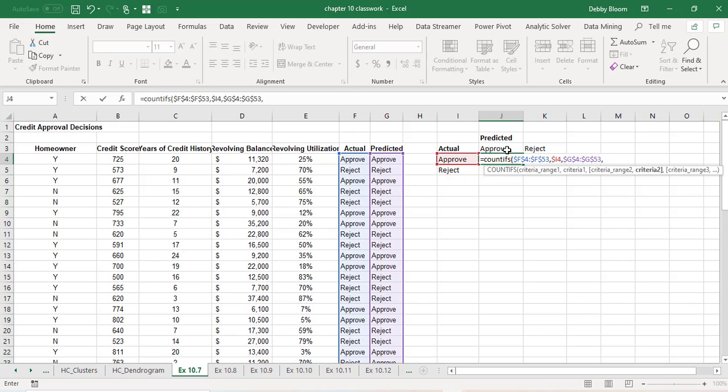So I'm going to click on cell J3, but notice my predicted is always in row 3. The column changes from J to K, but my predicted is always in row 3. So I'm going to use my F4 or type the $ until that says J$3. Now I'm going to close up my COUNTIFs, close up my parentheses, hit enter,